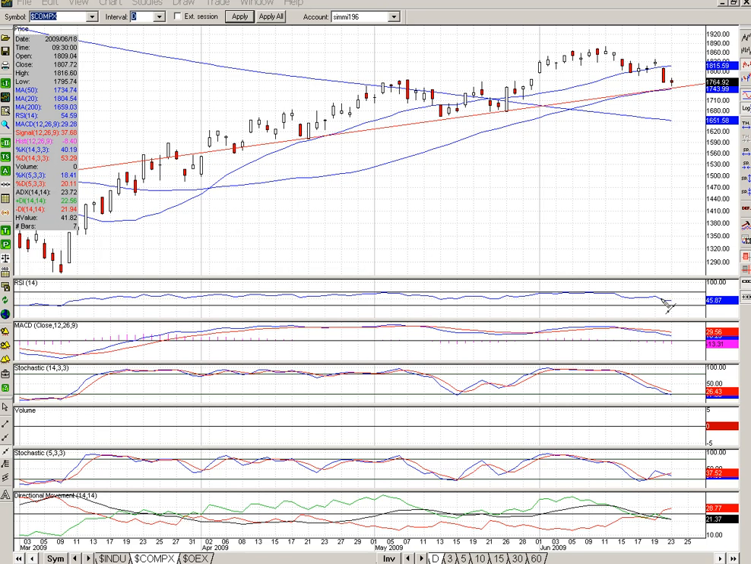We do have a lower low on the RSI. The stochastics are oversold here, but you know what? They don't look like they're going to turn up. What I do find interesting is a directional momentum indicator with the